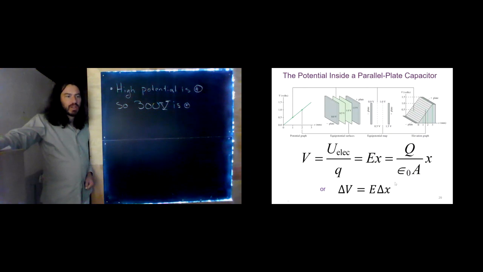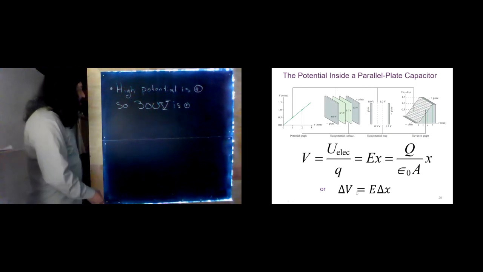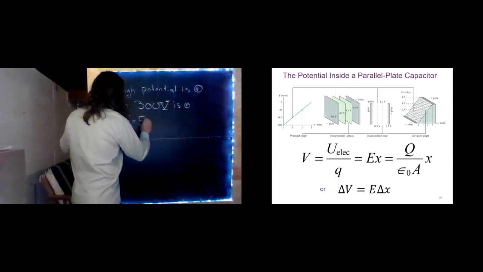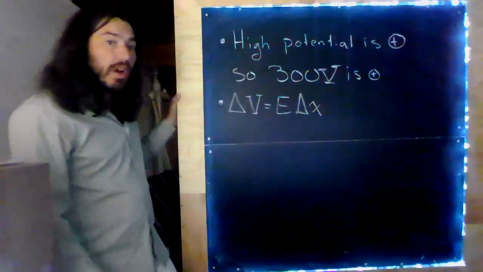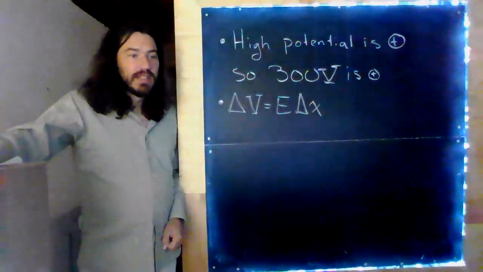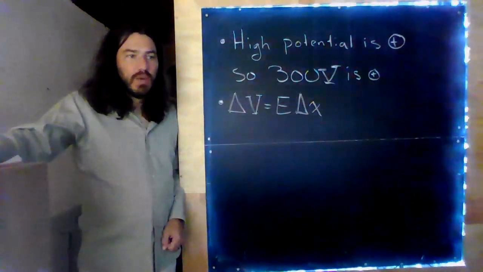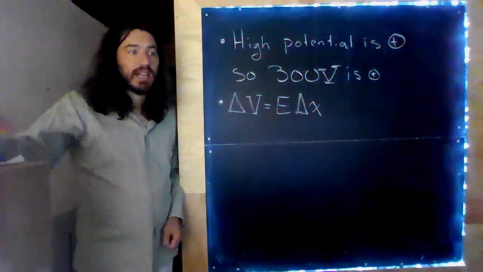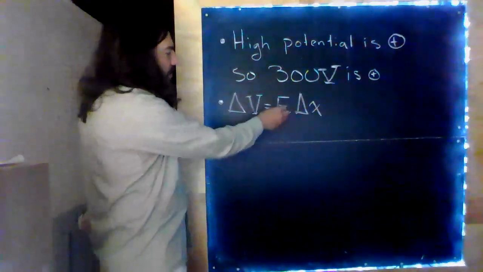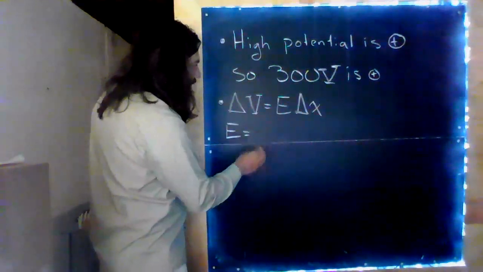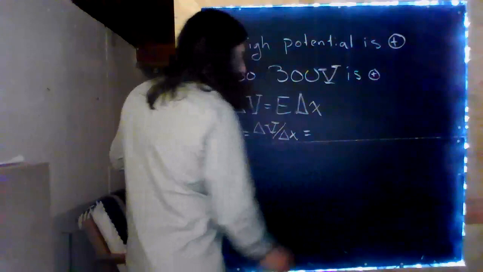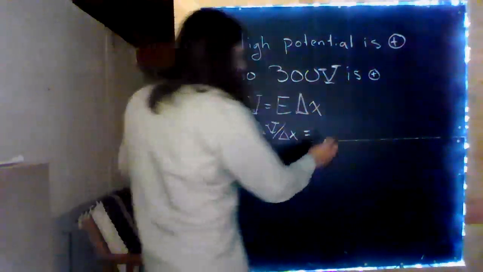Well, let's jump up here. Notice we've been given this. Delta V equals E times delta X. Let's write that down. Okay, so in this case, we've been given delta V across the entire capacitor. We've also been given the distance across the capacitor, and so we can calculate the electric field strength. What we need to do first is do some algebra, isolate E. So E equals delta V over delta X, and so that is 300 volts